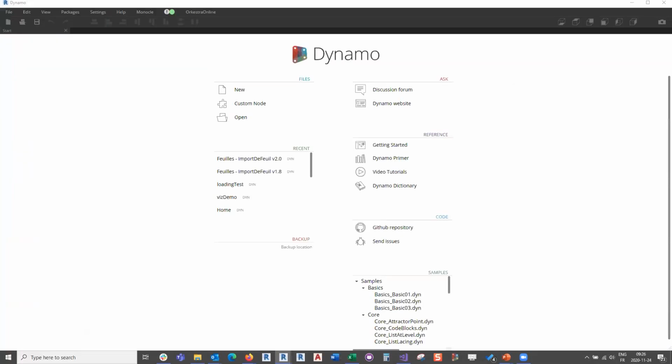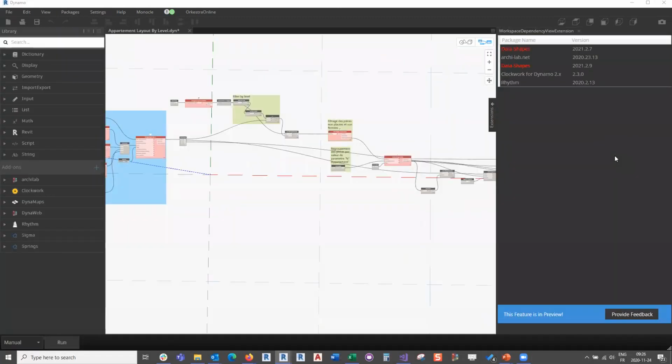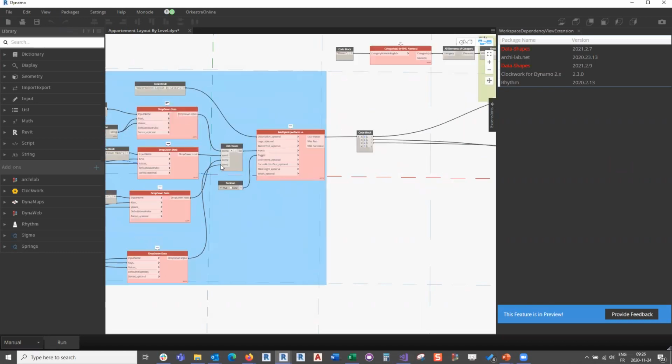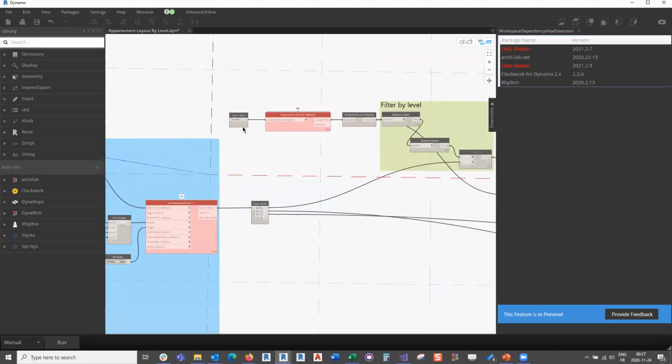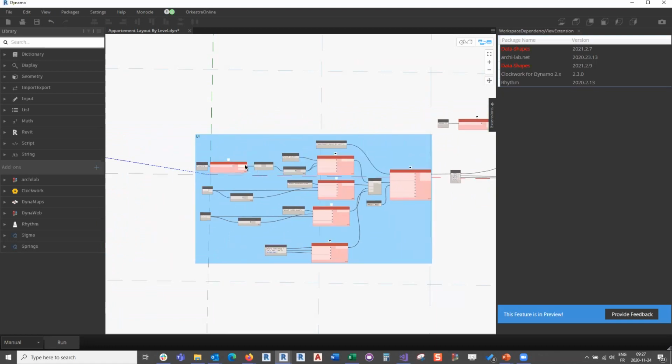It is relying 100% on Dynamo for now. I mean, sorry, on data shapes for now. And yeah, if you want some input for your users, you need to build UIs yourself with the data shapes package. Now, if you're really wanting to use the automated is input functionality, I don't know if it works on the code block. Anyway, yeah, there's a way to